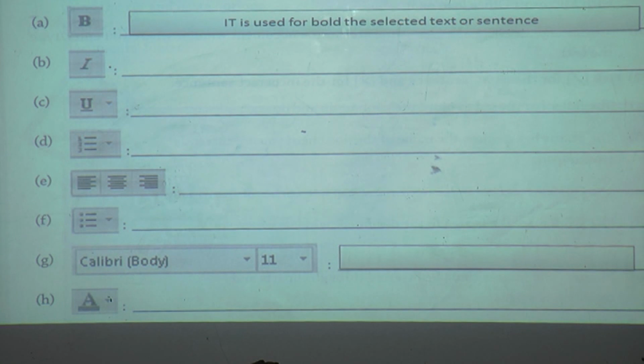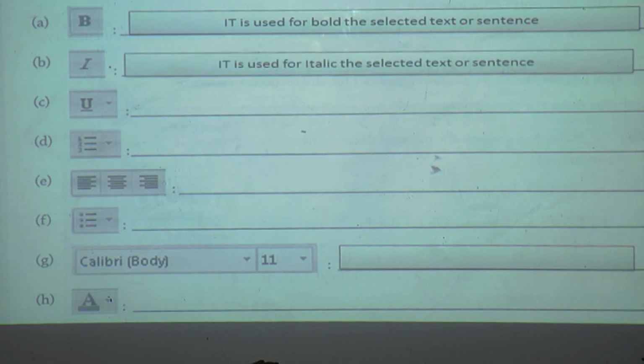Next one is I. What is the use of this I? Yes, it is used for italic the selected text or sentence. Italic means it will become a little bit slanted. For each and every effect we must select the text.